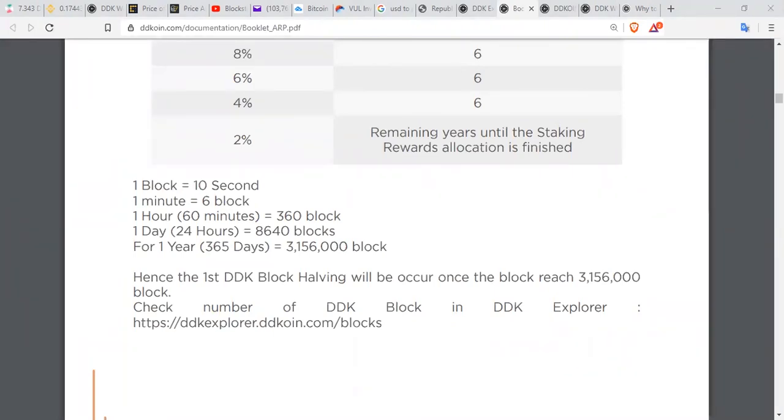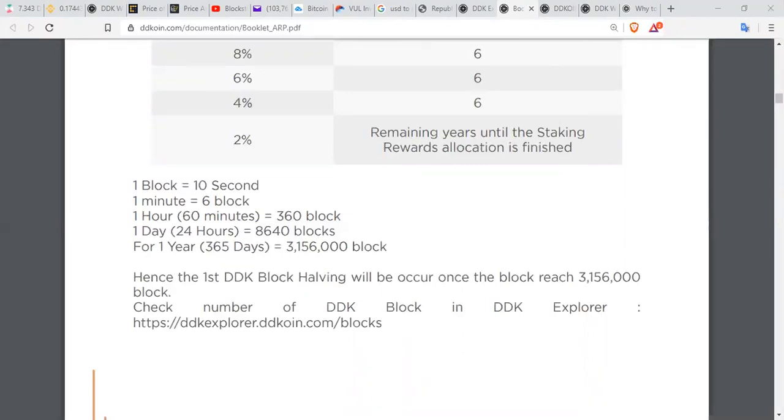That's the same reason na supposedly yung DDK halving should happen in the first year kung nagamit na natin yung capacity at yung capability niya. Hence, it was the same reason na yung next halving is actually projected to happen on November 10,